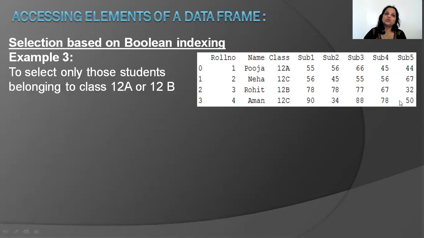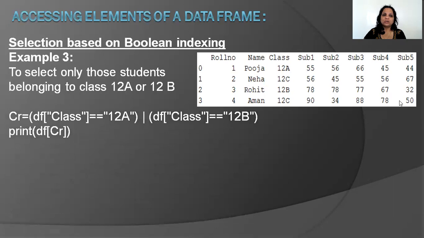Another one I'm showing you, where we make use of the OR operator. It says somebody who belongs to class 12A or 12C. So look at the condition. DF of class equals 12A, or is the single pipe sign. Where do you find the pipe sign? Just next to your enter key on your keyboard. Or DF of class equals 12C.